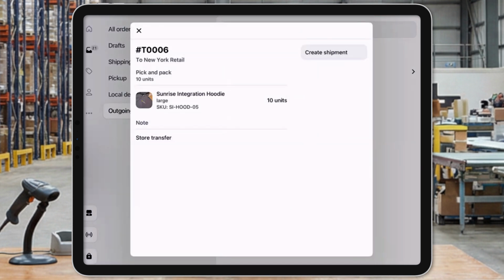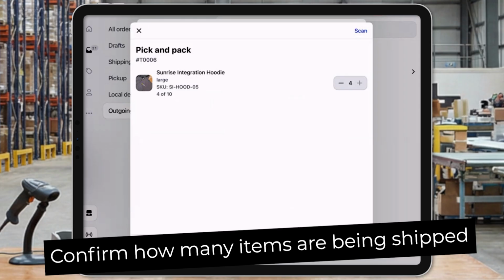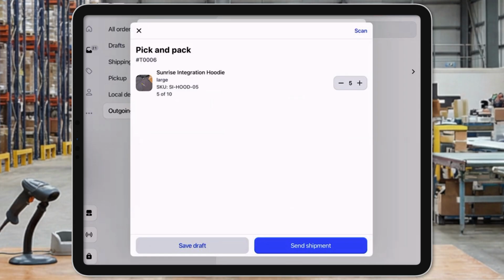Your team will now confirm the quantity for the shipment. Click on Create Shipment to set the quantity for the order. You can use your barcode scanner or the form buttons like we're doing here. You don't have to confirm all the items at once. Maybe you need to gather some of the hoodies from the warehouse and can't confirm them all just yet. The order will stay in an in-progress state until you're ready to confirm the amount you are including in this